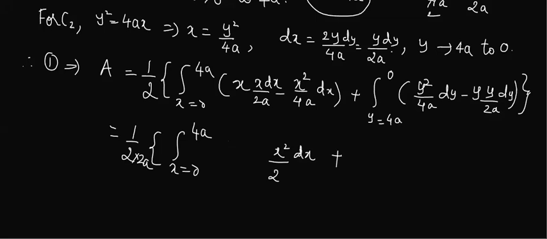Similarly, this is now again 1 by 2a out. So what will we get here? Same. 1 by 2 minus 1 is how much? Because I'm keeping my y square dy out. Half minus 1, that is 1 minus 1 by 2. So what I will do, this is minus 1 by 2, where y is varying from 4a to 0.